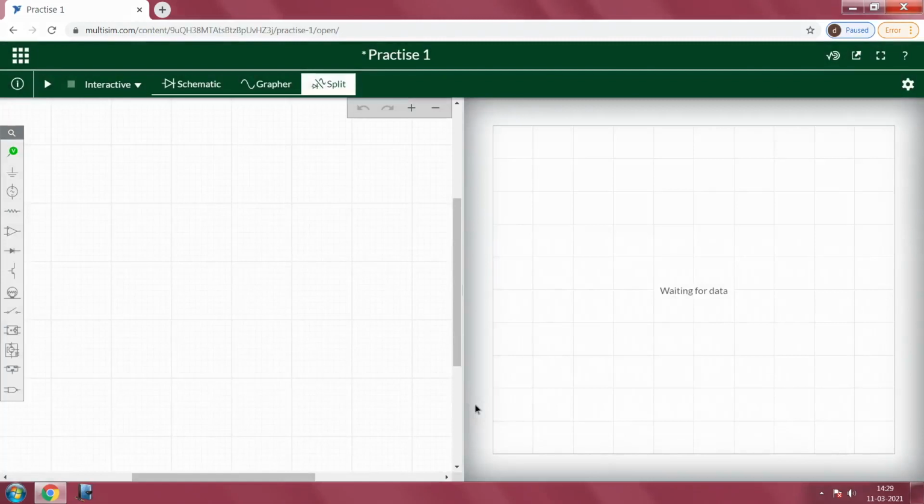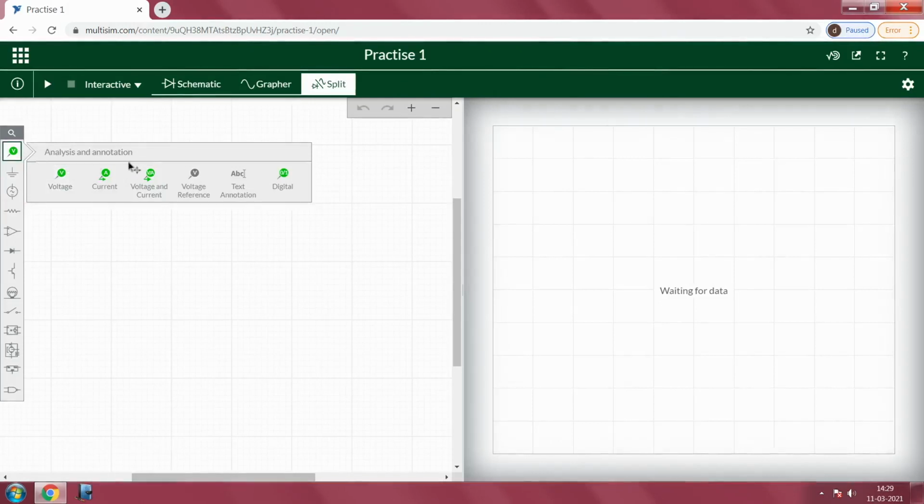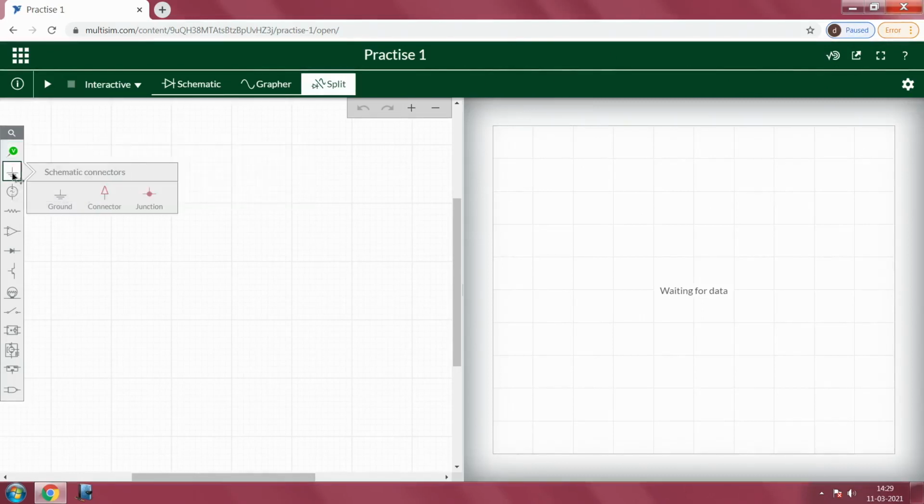On the left side, you can see different blocks. The first one is the probe block, analysis and annotation, where you have probes for voltage, current, everything. Then you have schematic connectors for grounding, junction, everything.